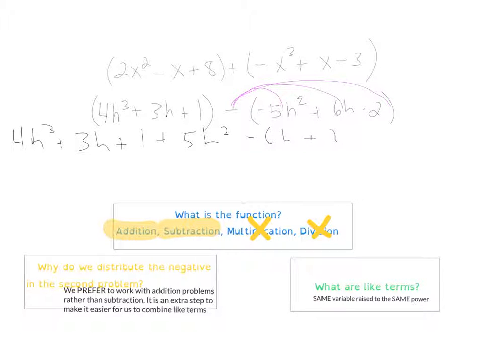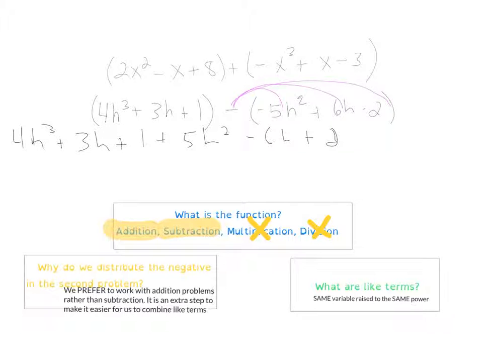I'm now in a position where I can combine all like terms. All right, so like I said, that step right there was to distribute my -1 to all the terms in the second trinomial. And the reason I did it is because I simply like to work with addition problems rather than subtraction problems. And from here on out, it's the same as the first problem we did, whereas we're going